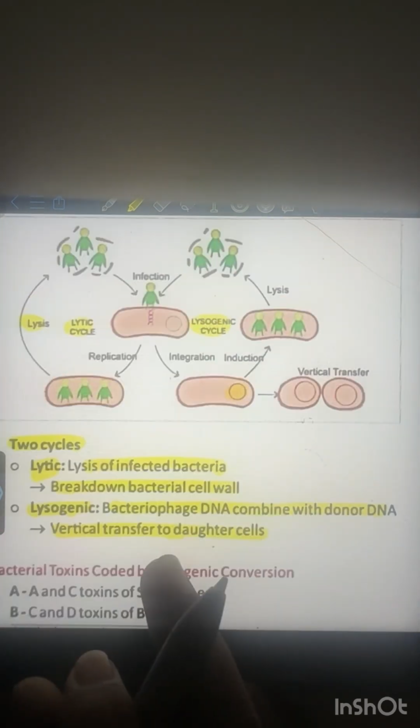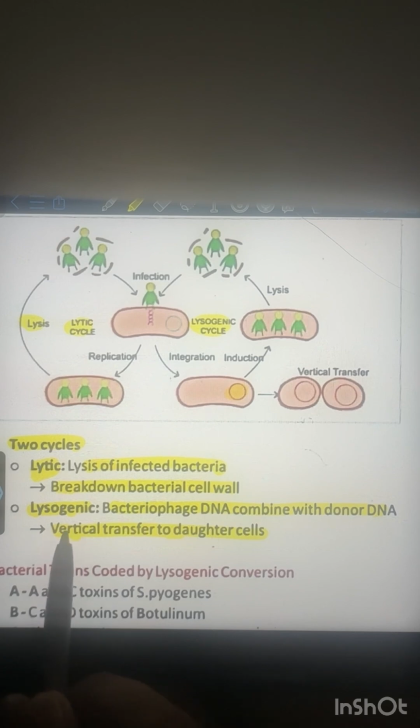Has everyone understood what is lysogenic conversion? We don't have to be so negative, that if a relationship has happened, then a breakup will definitely happen. That is not always the case. 1% are successful love stories also. If the bacteriophage DNA and the donor DNA have fused, maybe this is a successful relationship, and maybe this will be transferred onto the further progeny or the children, and that is known as